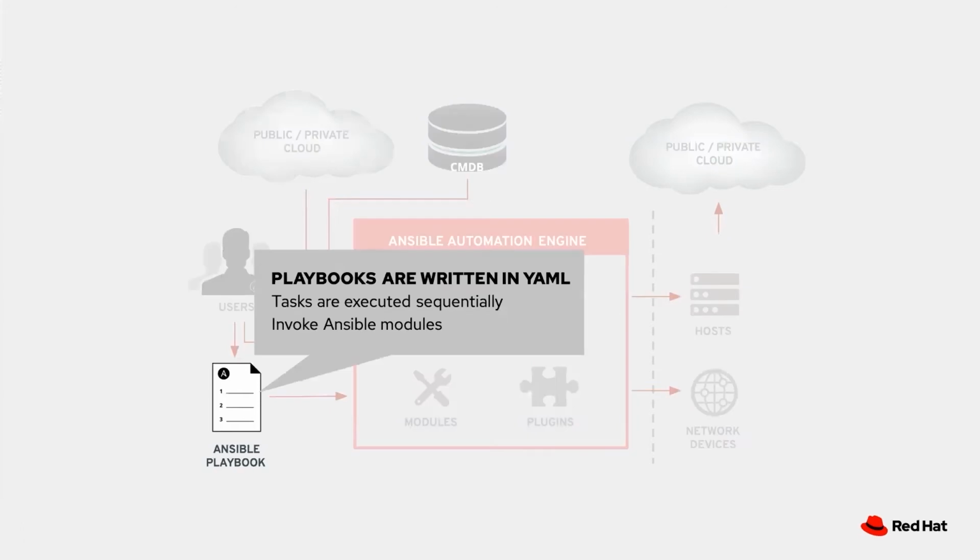Playbooks are written in YAML. I mentioned earlier that Ansible is English language, and that's what YAML is. YAML is formatted English language text. But basically what that means is that we force things like proper indent. One of the big difficulties with dealing with any sort of automation is the fact that you can create an incredibly powerful automation framework, but who knows what the folks who come after you or are working while you're on vacation are going to make of it.